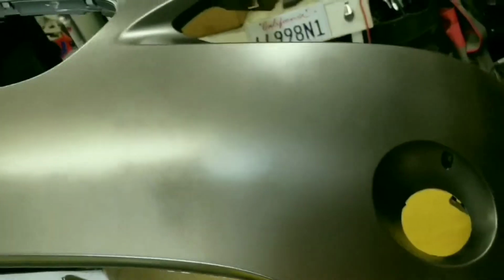Okay, it's looking pretty good. The metallic over here, you can see it's a little blotchy. So I'm going to go ahead and do another coat and try to mist this a little better to make the metallic a little smoother. It's pretty nice and even on the other end, but this end it's just a little bit blotchy. So another coat. This is a water-based,